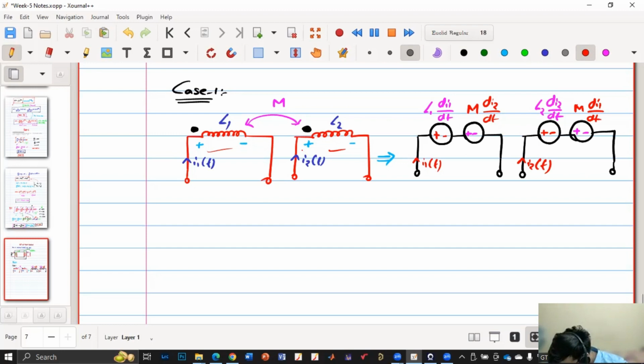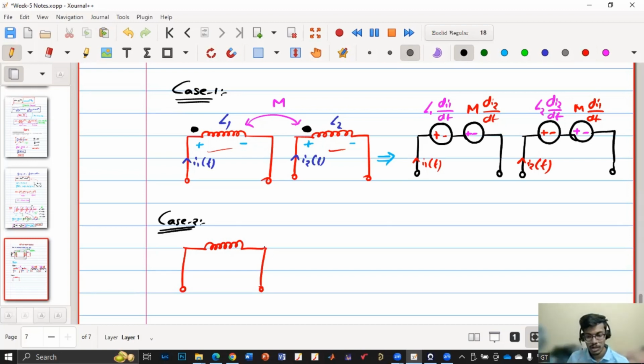Now, for the second scenario, we'll consider that in one coil the current is entering, and in the other it is leaving. So how many cases will there be? Three cases. It is entering in both, it is leaving in both, or it is entering in one and leaving in the other. If it is entering or leaving in both cases, they fall under case 1, and L and M will have the same polarity. Depending upon where the current is entering, that side will have plus. So if the current is entering from this side, then this will be plus minus and this will also be plus minus. The polarity will be the same. Whereas in this case,